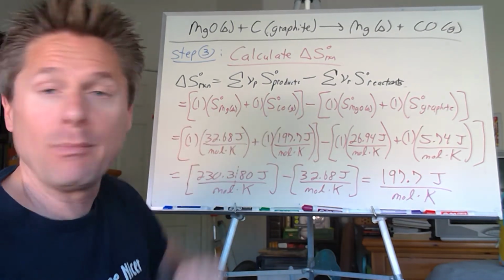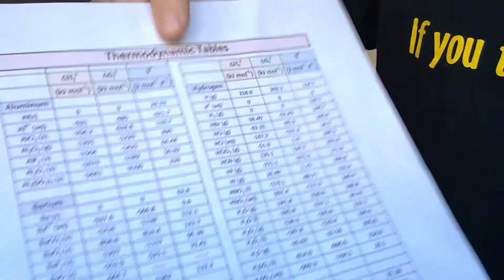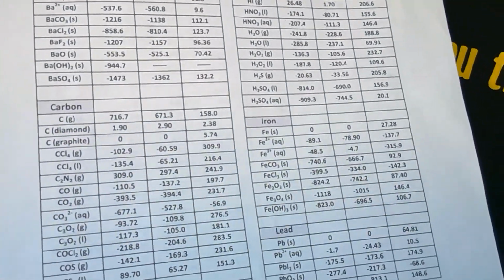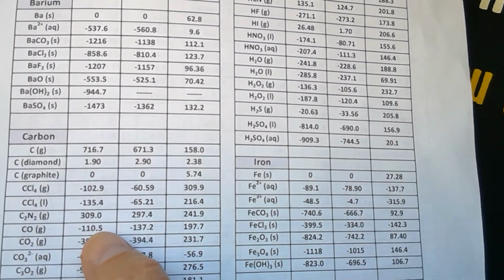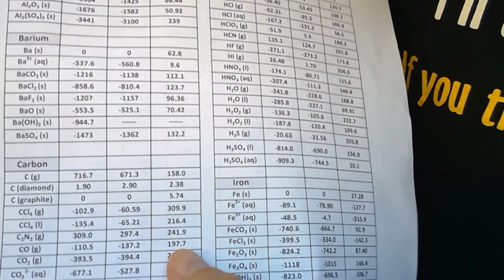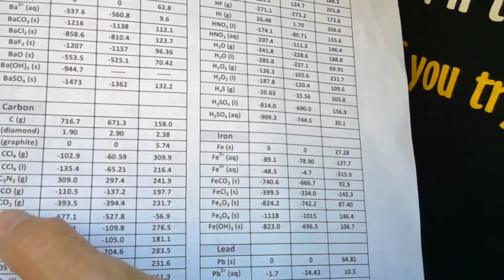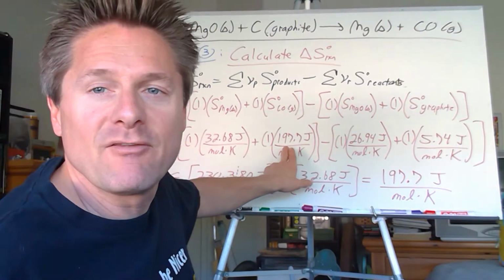Well, let's look up carbon monoxide gas. It's a gas. It's got a bond. You'd expect that to be a little bit higher than magnesium. This is the third column, so let's look up carbon monoxide gas right there. Go across to the third column. Assuming I can see, 197.7. See the 197? So carbon monoxide gas, go to the third column, 197.7. So I have 197.7